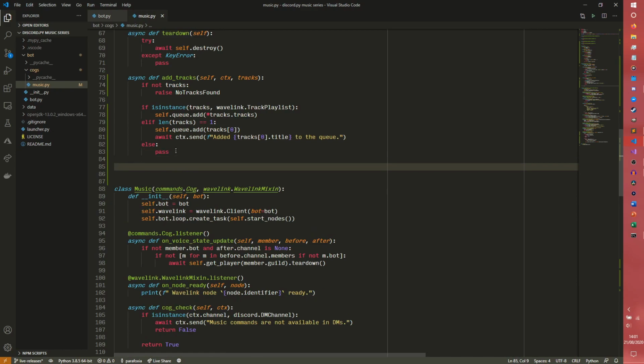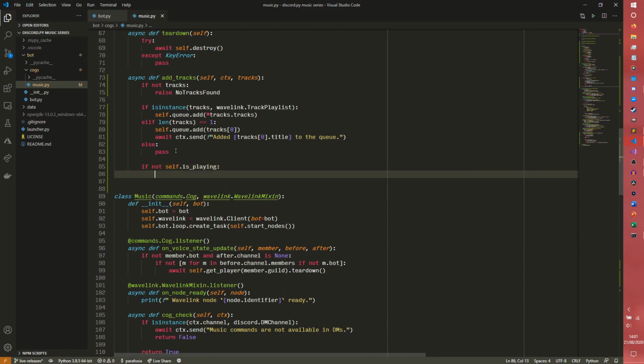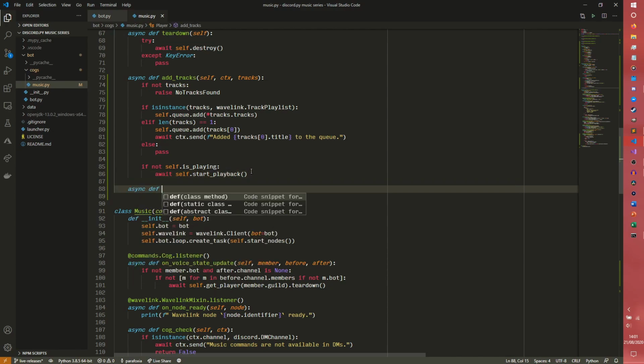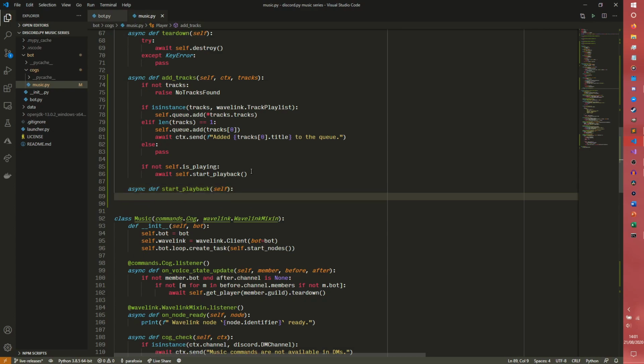So we need to add a little bit of extra functionality now. Just saying if not self.isPlaying, await self.start_playback, which we need to define, I'm pretty sure. Yeah, we need to define that. However, it's actually not a particularly difficult function to write. So we do async def start_playback, and then we need just self, and then we do await self.play